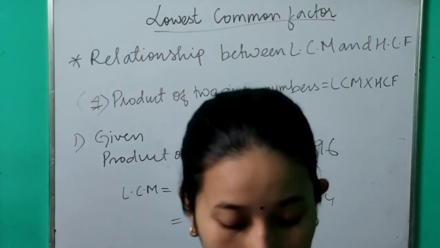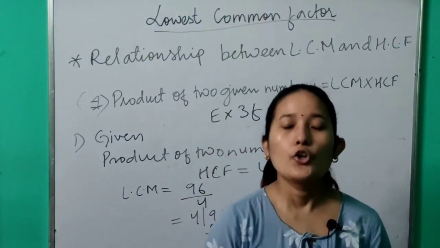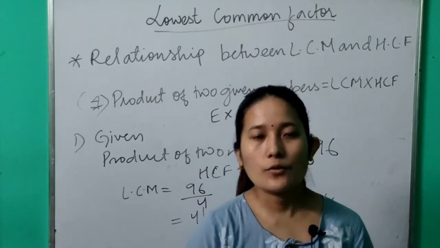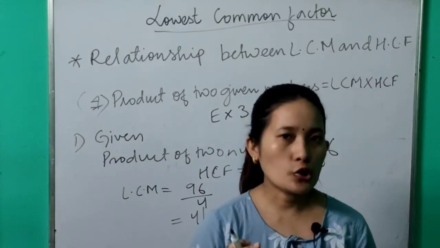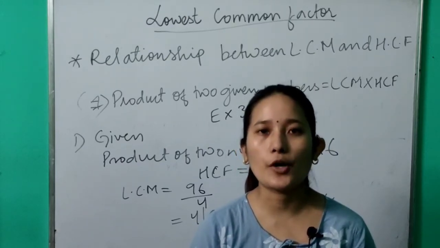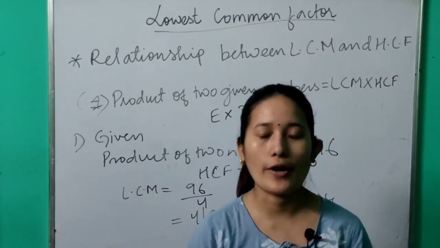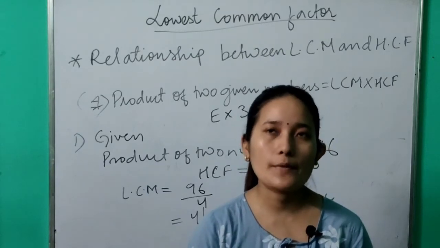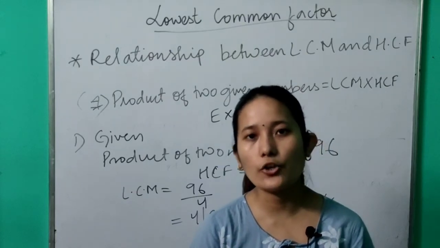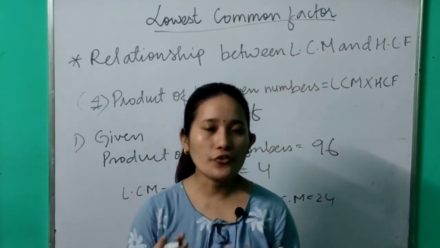So here we sum up this particular chapter, that is chapter 3, Playing with Numbers. From this chapter, you need to have a clear concept about what is a multiple, what is a factor, and what is a common factor. Then the two important topics, without which solving mathematical problems even in your senior classes would not be possible, are LCM and HCF. You need to have a clear idea about what is LCM and what is HCF and how you calculate them. The videos that I have been sending you will give you a clear idea about how to find LCM and HCF using various methods.